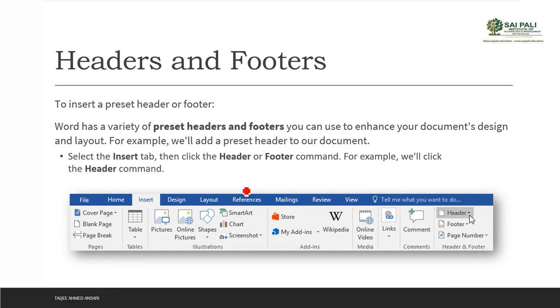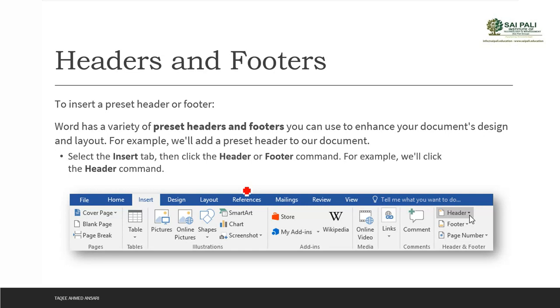Now Word has a variety of preset headers and footers also, which we can use. That means it has some predefined preset headers and footers with designs and layouts which we can use in our document.